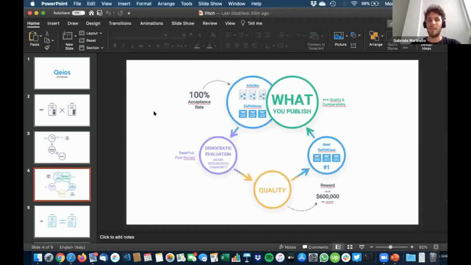It was already there. The only thing that we provided, more or less, was the idea of a new object in research. So not just the research article, the academic paper as we know it, but we wanted to introduce the concept of definition. What's a definition? As I told you before, it's a building block, an ingredient that is used in research.